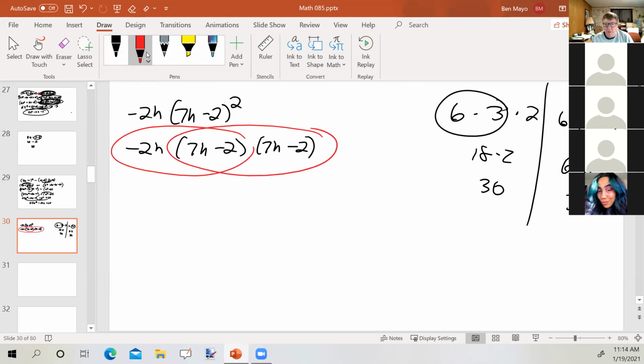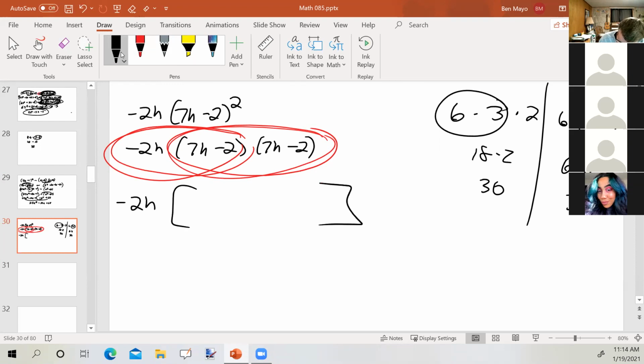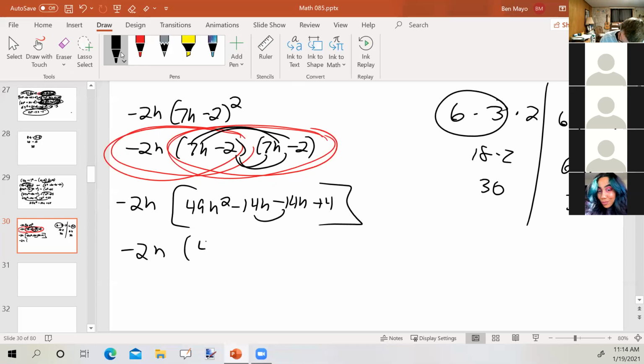But either way, be very careful. What do you want to do? Shall we do the first two first or the second two first? You tell me and we'll do it that way. The second. Okay, so I'm going to have negative 2h, and I'm going to do this. I'm going to get 49h squared minus 14h minus 14h plus 4. And then I'm going to combine like terms and get 49h squared minus 28h plus,